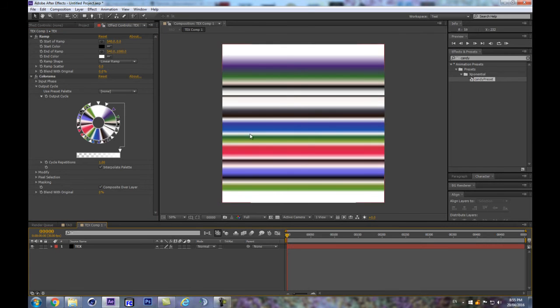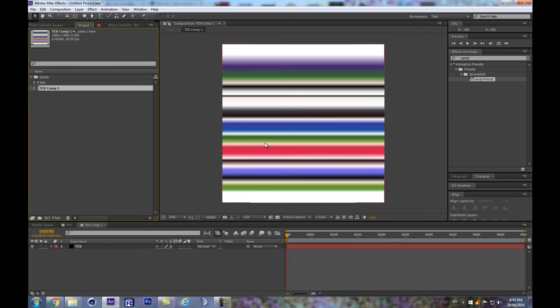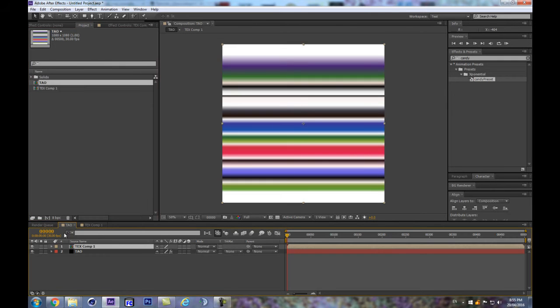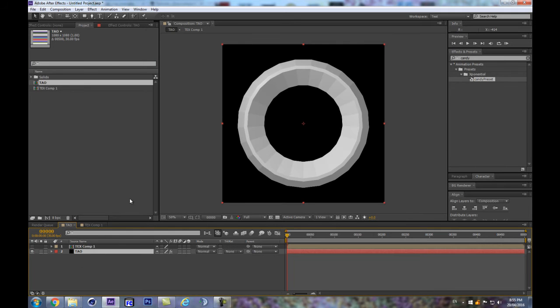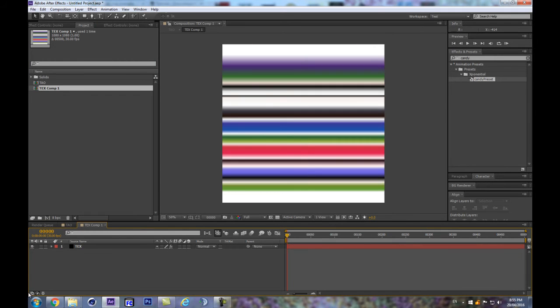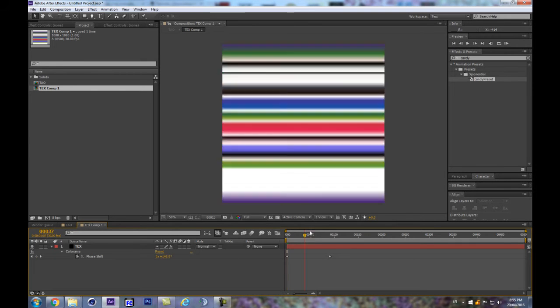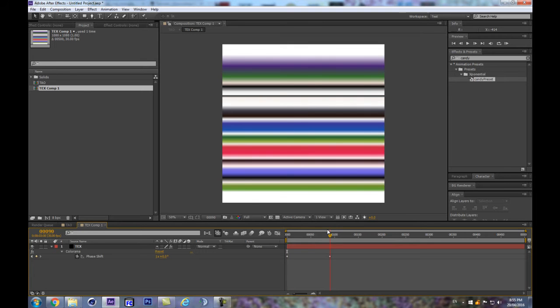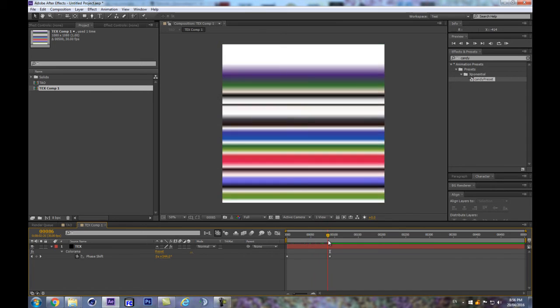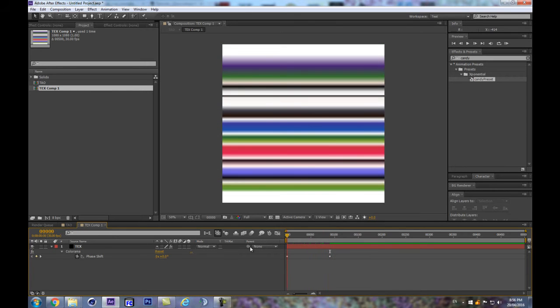So that's something that we can use for a texture, simply as something that's generated with the native After Effects stuff. So we have it procedural here, and this is also in the preset. So if we hit U, there's going to be keyframes here, so one at frame 0 and another one at frame 90, and basically it comes with the preset. It's gonna loop it, and it's basically just the phase shift. So let's